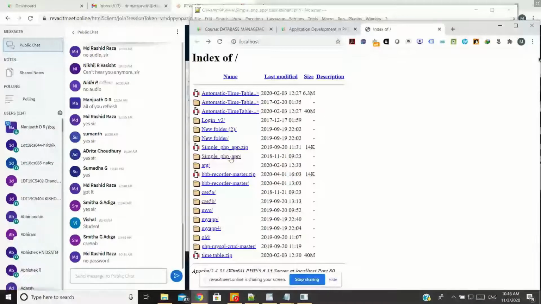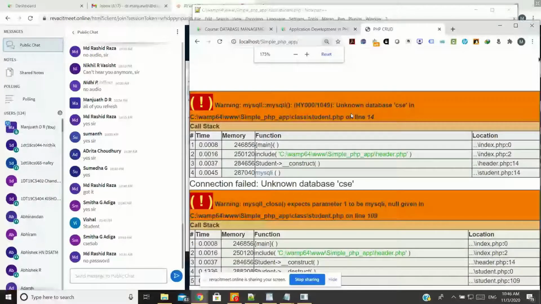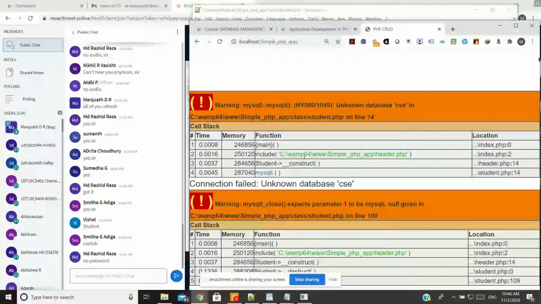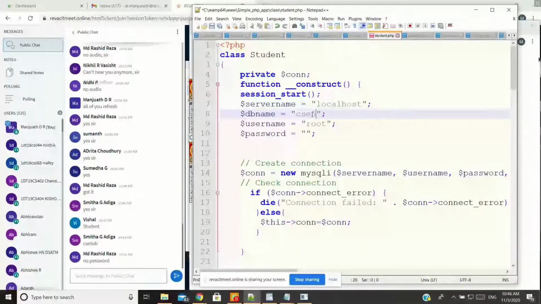This is my application, right? I'm going to click this. See, I'm going to get an error called unknown database. This is the exception I'm going to get. See, the connection failed here. So if I provide the correct information and the database exists, it is going to connect to my system. Let's check by giving the correct value, that is 5AB.